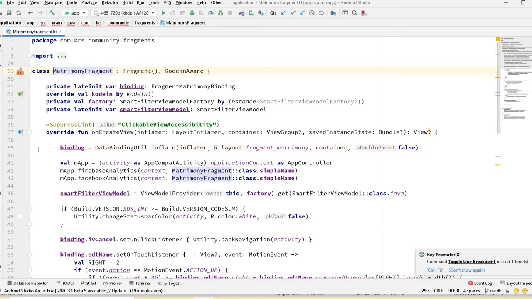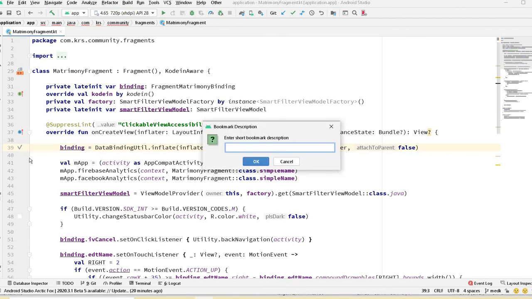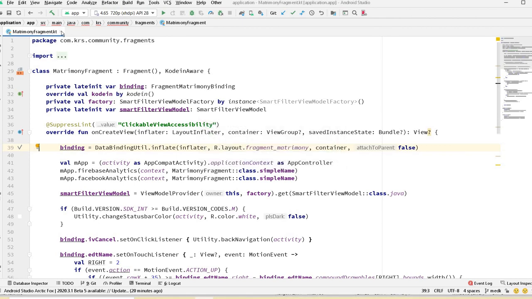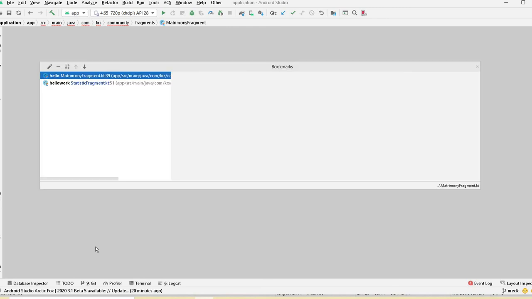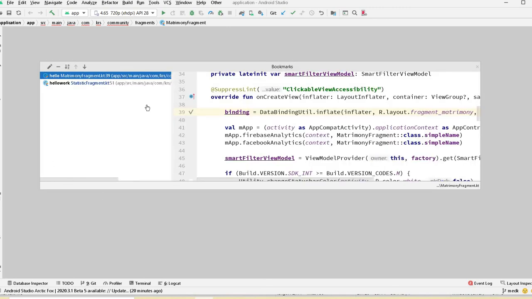Here a symbol appears, and this will bookmark it. Here you can write a description also. So if you forgot this location, then Shift F11 will open the bookmark menu and redirect you to the bookmark location.